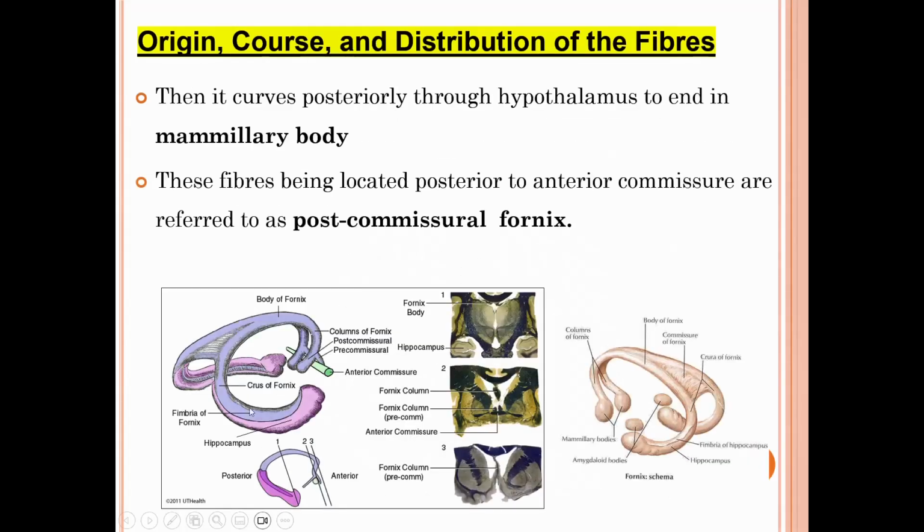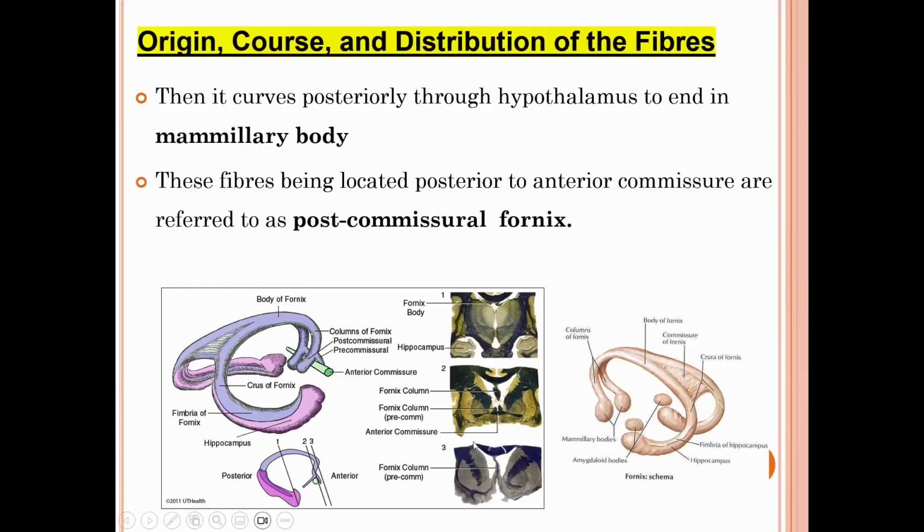Okay, then what happens? So here they are curving posteriorly through the hypothalamus to end in the mammillary body. Okay, so they are ending here in the mammillary body. So if you see this image, the fibers are actually starting from the amygdaloid body, because they will have connection with the amygdaloid body. From here there was alveus, fimbria, there was crus, there was column of the fornix, and there is mammillary body. Okay, so these fibers which are located posterior to the anterior commissure are known as post